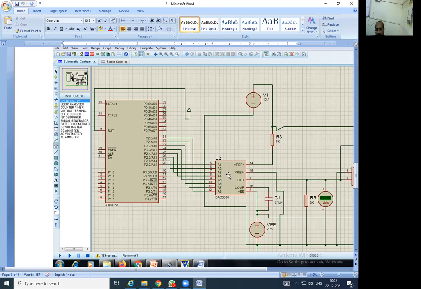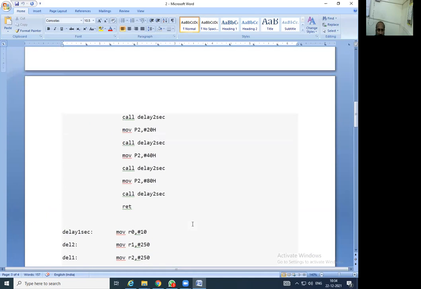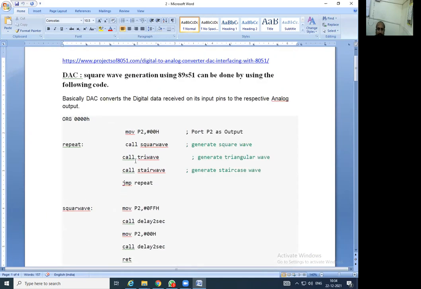That will provide the input to this DAC, and the DAC will start the conversion and give the output in terms of current. That is the final working of this experiment for the DAC. And the next part, using the op-amp and all that, is for the conversion of current to voltage, because we are normally taking the output in the form of voltage. Okay, so let us go to the code once again.